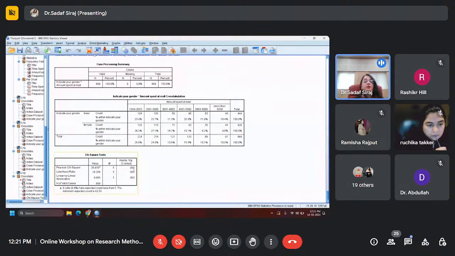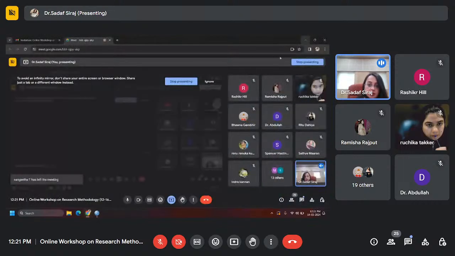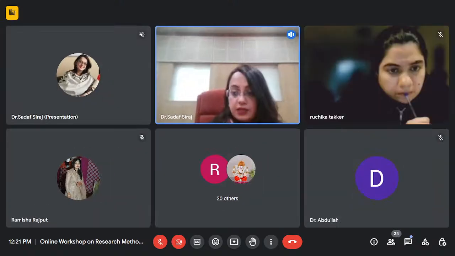You can run these kinds of tests for all kinds of demographic variables. This particular test I have run for gender and amount spending behavior. You can run a similar test for age. Take the age as the independent variable and take the amount spending behavior as the dependent variable. You can take the age as the independent variable and frequency of visiting the mall as the dependent variable, run a cross tab, and try to run a chi-square test and let me know what your output is. So the people who are having SPSS, do it right now. That's the last exercise for today.